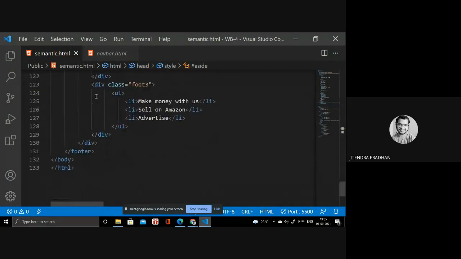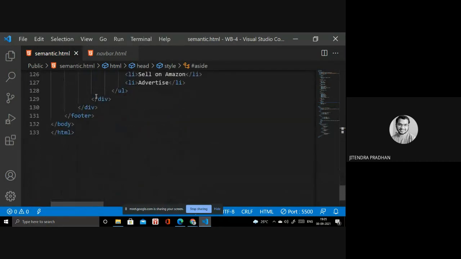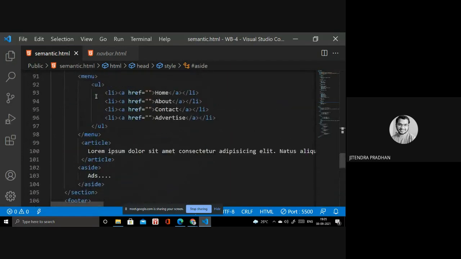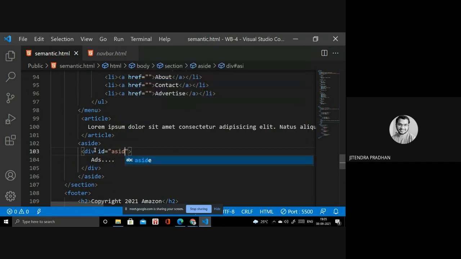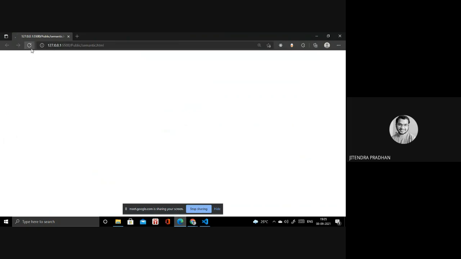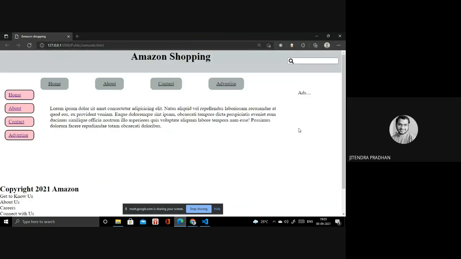Inside I will write a division. Wait, what is that? Yeah, this one. And inside I will write ID section, or sorry, aside. What happened? I need to change something about it. Wait, I will check inside inspect.